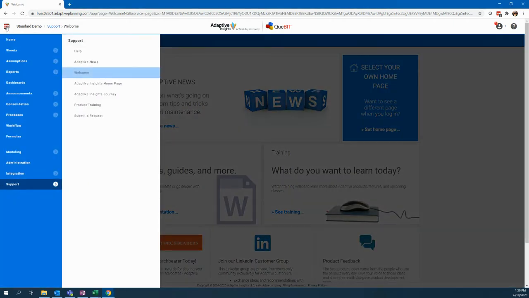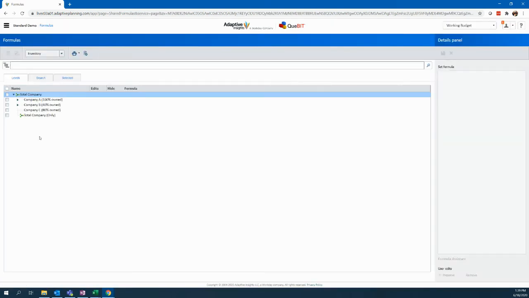We'll come to the menu and then go to our Formulas section. If we come to the printer icon, you'll see that there's two options. We can either export formulas of the selected account, being the inventory account, or we can export formulas of all